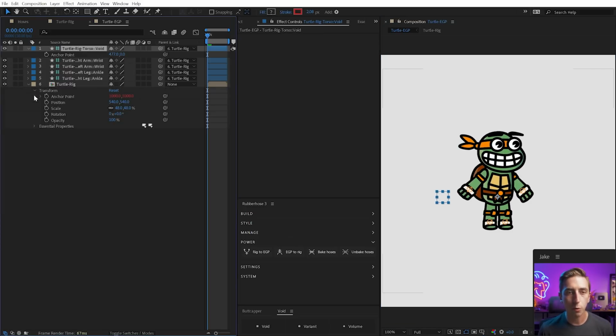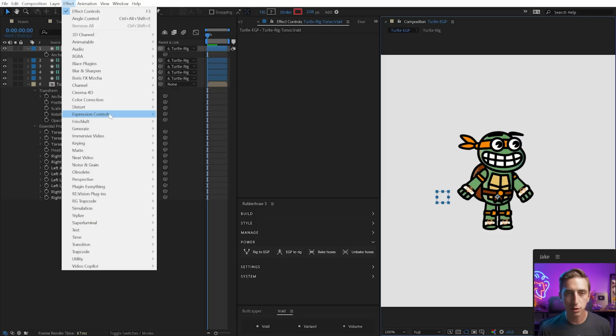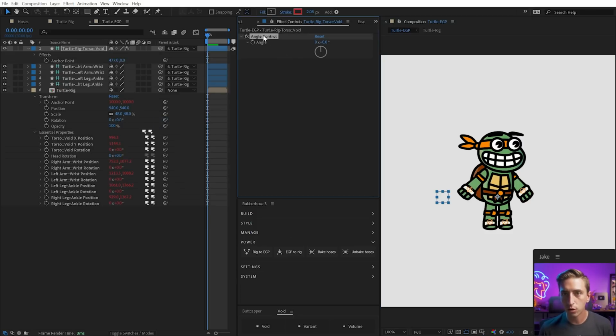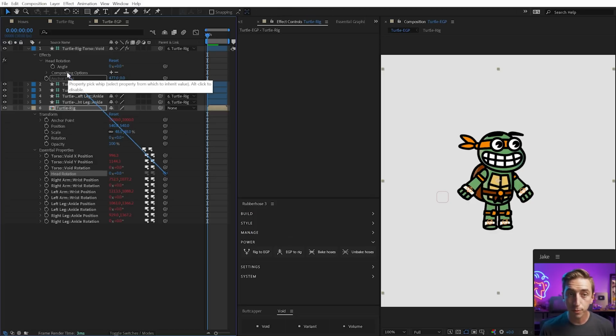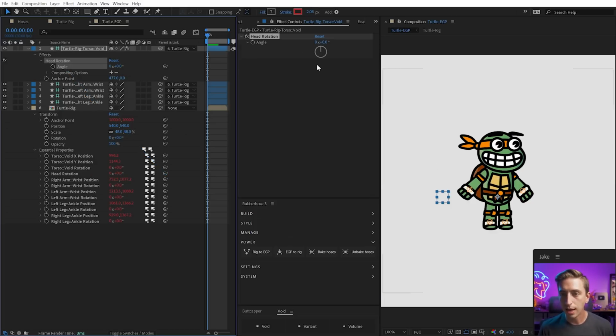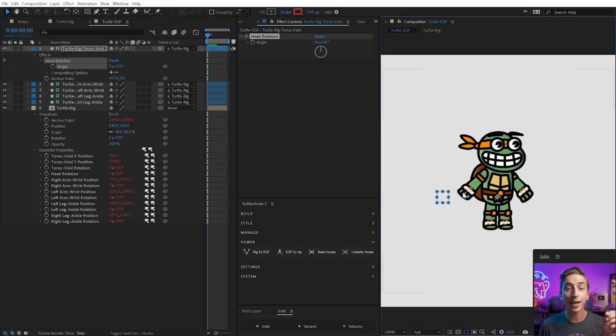back in. If I open up the essential properties here, these values can be linked with expressions in this comp as well. So I'm just once again gonna add an effect, expression controls, angle control, and call this head rotation, bring it up in my visibility here, and then just tie this essential property to that angle control. And now I'm able to rotate the head right on that same body controller, the torso controller that I have right here. And my character is ready to go,